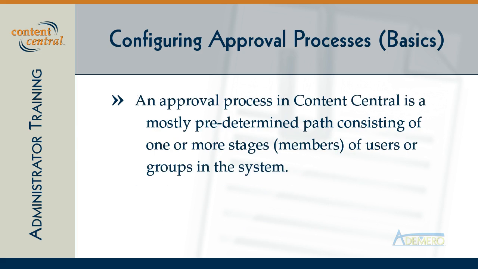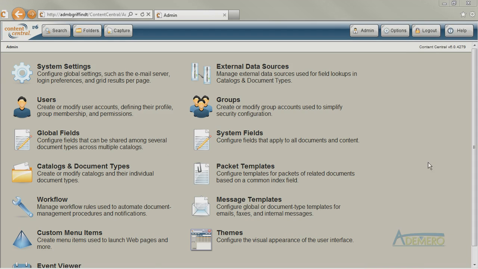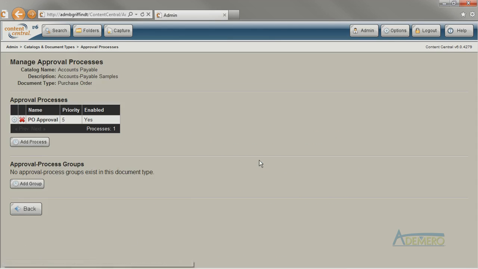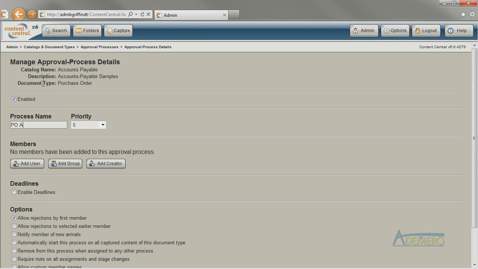An approval process is just a fixed path that a document takes from one user or group to another user or group to get approval. Approval processes for a document type are easy to set up. For the document type that you want to have approved, just click on Approval Processes and click Add Process. After giving the process a name, in the Members area, you can add a user or a group to the